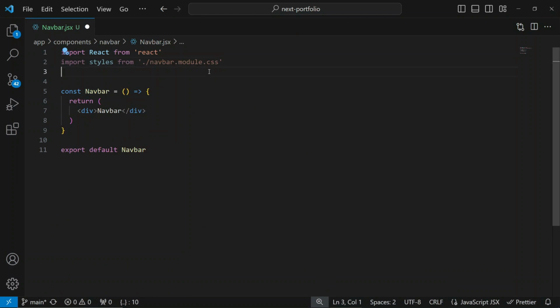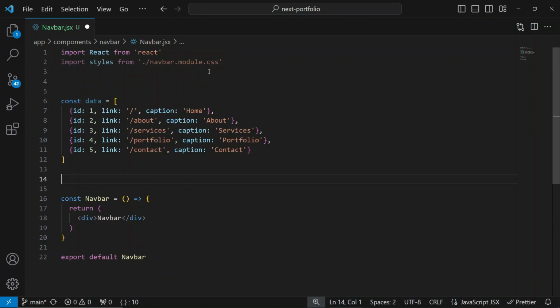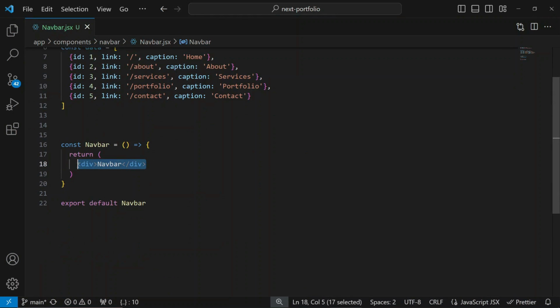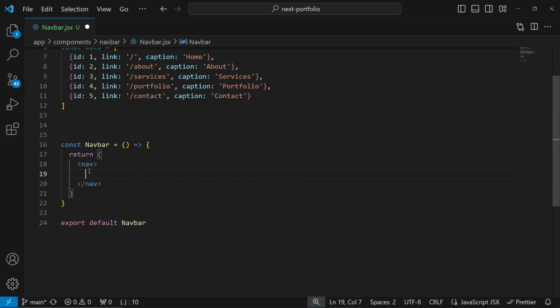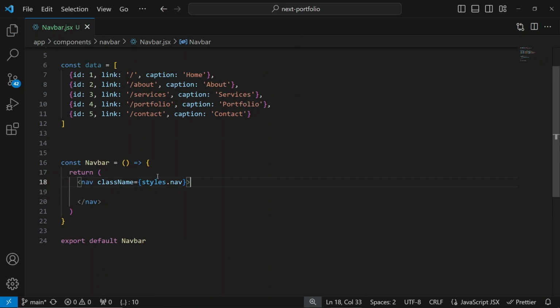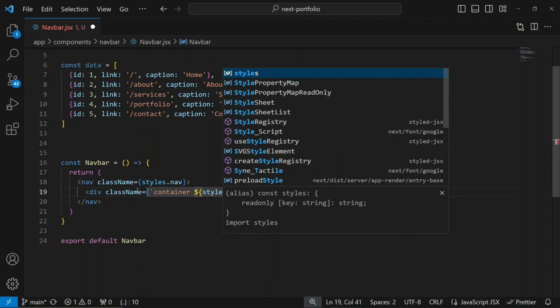Now, before we proceed, I'm going to paste an array of the nav items that we will need for the navbar. And in our return statement, we are going to return a nav tag instead. Let's actually give this a class of styles.nav. And since we are using CSS modules, that's how you should name your classes. Okay. Now a direct child of this nav tag is going to be a div. And let's give this a class as well. And I'm going to use the backtick so that we can have the general container class and a CSS module class of